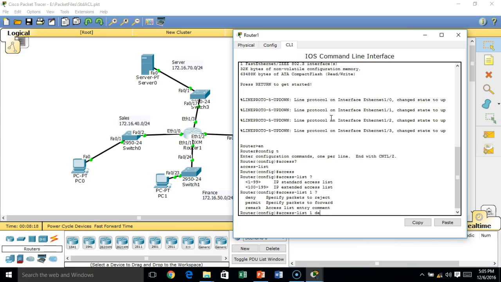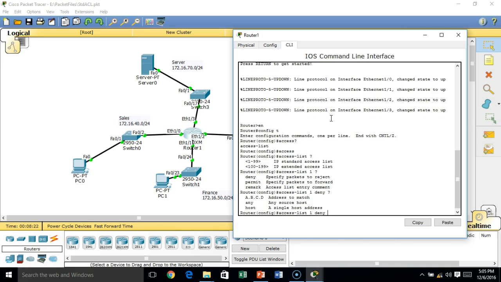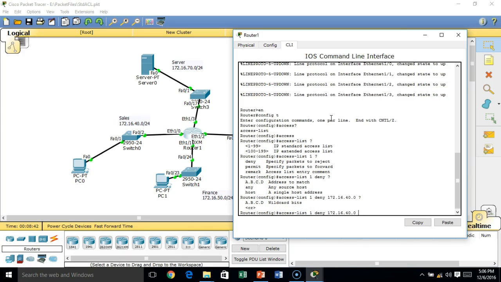So what we're going to do is deny, right? And we're going to deny what? A.B.C.D, address to match. Any host, a single host. What we're going to do is deny the 172.16.40.0 network. And then I can do the question mark again. There it is, and it says it wants the wildcard bits. We're going to do the whole network, so that's going to be